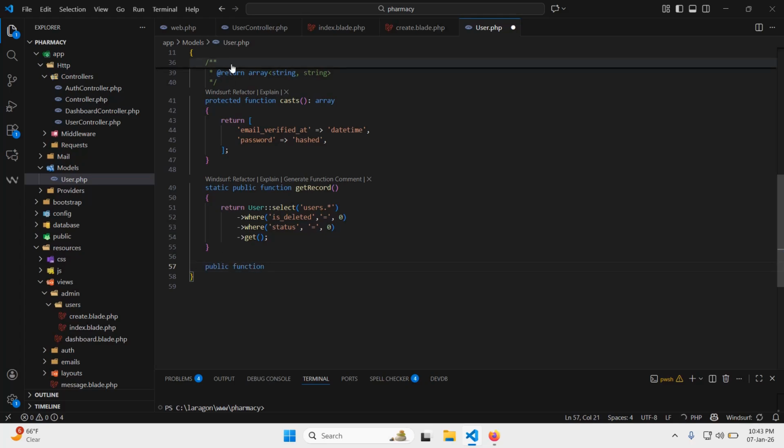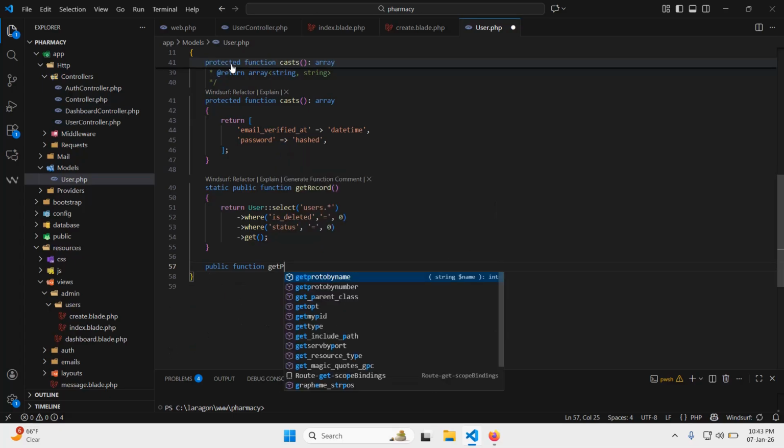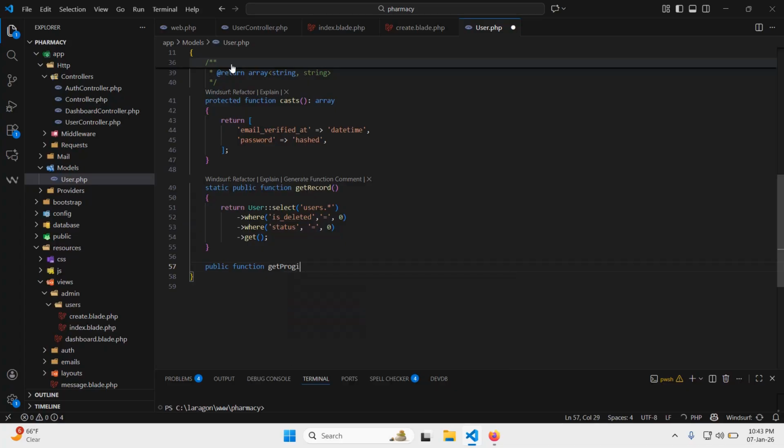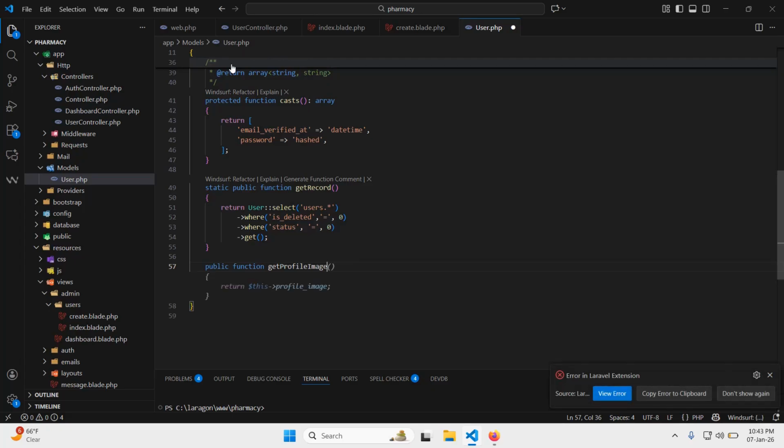Public function get profile image. Let's call it get profile image. Yeah, that one, that way. And then we put it like that. So what we will return, first of all, we'll just use an if statement, which is going to check if the profile image is empty. So let's say if,